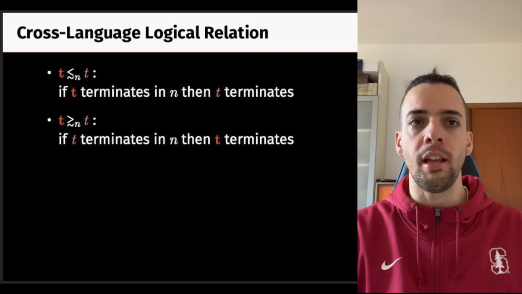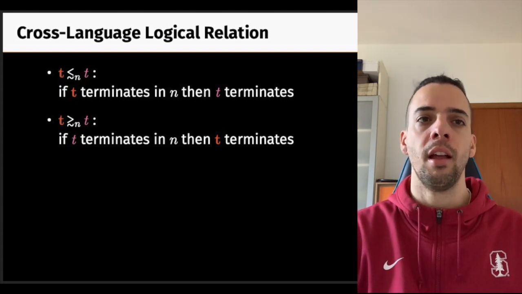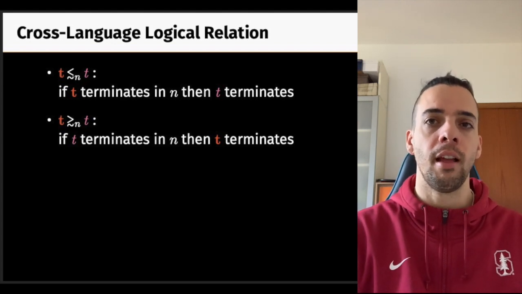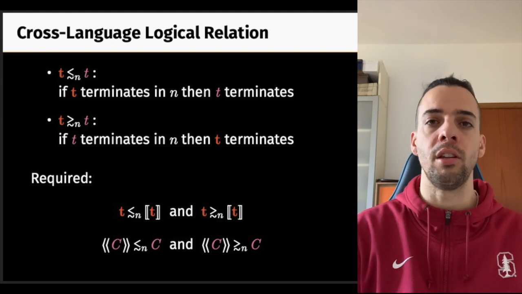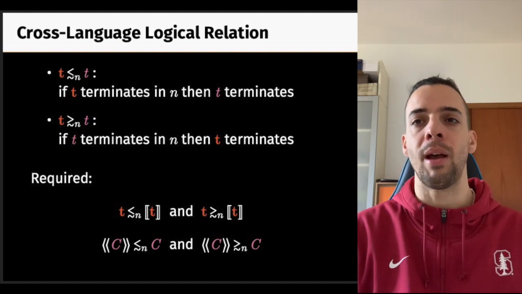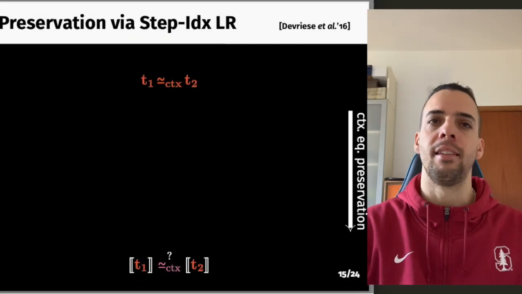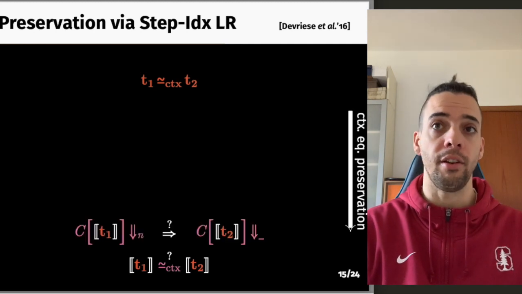Second, we need a cross-language step-indexed asymmetric logical relation that tells us that if one of the two related terms terminates, so does the other. We require that a term and its compilation, as well as a context and its back translation, are related in both directions. A careful, but in this case standard, setup of the logical approximation is sufficient to guarantee that